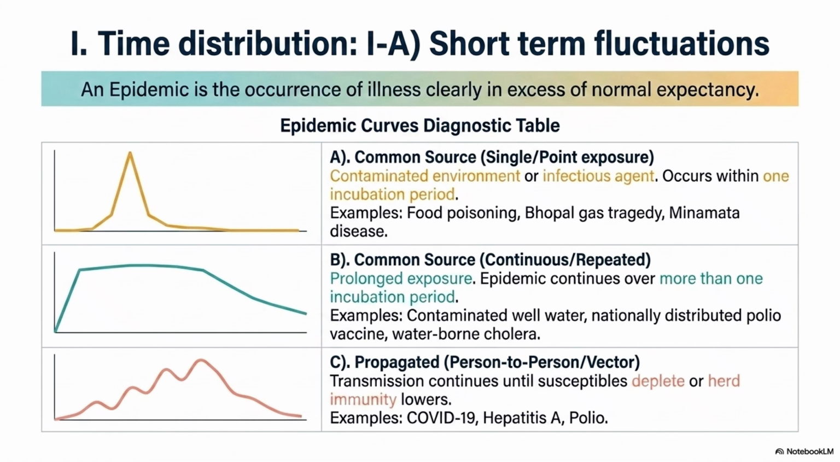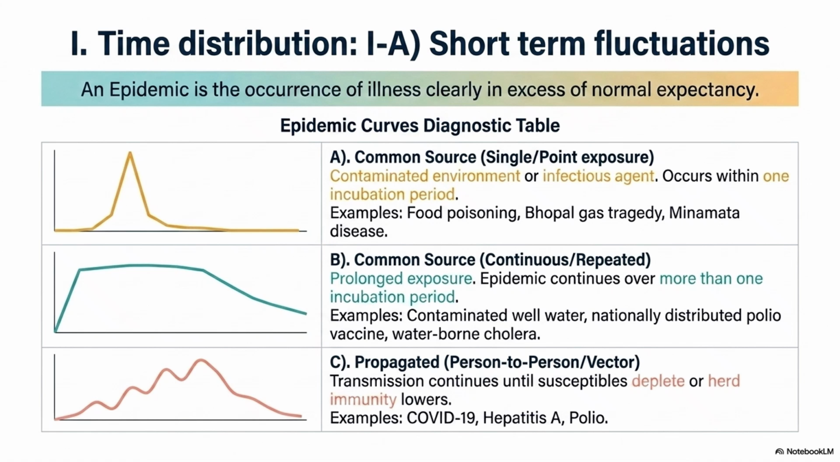And the third is propagated, or person to person, or vector type. Here transmission continues until susceptibles are depleted or herd immunity lowers. You can remember the example of the Stalin movie: one person infects three persons, and from those three persons again 10 persons get the disease, and like that it will continue. Until when? Until the susceptibles are depleting, until most of the population is immune. Till that time